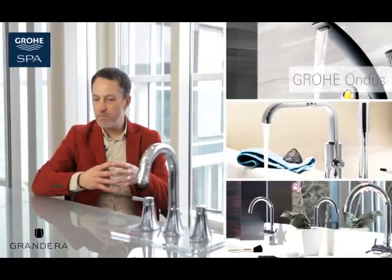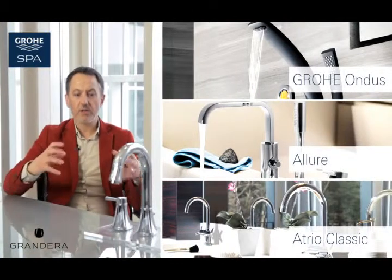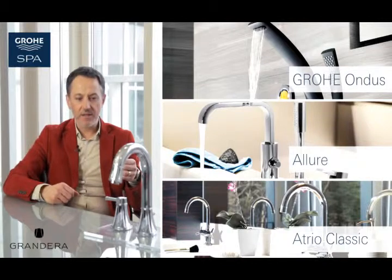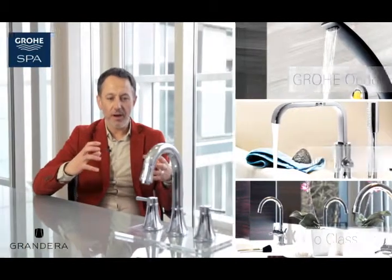The GROHE Grandera collection is a very expansive collection. It's our first, let's say, authentic product in our spa lineup. So it's a very important range for us, a very important collection. It's based on the design concept we call elegant classic. So we wanted to create an elegant collection of products, an elegant design, and we wanted it to have a